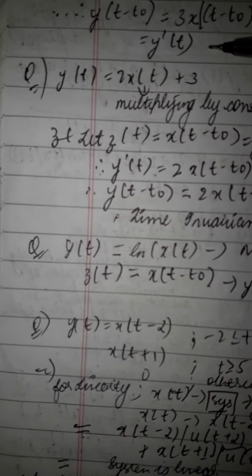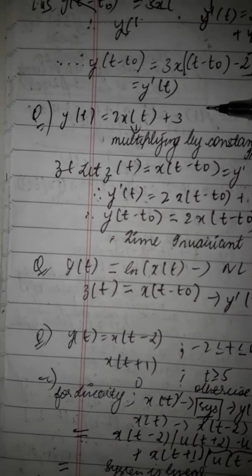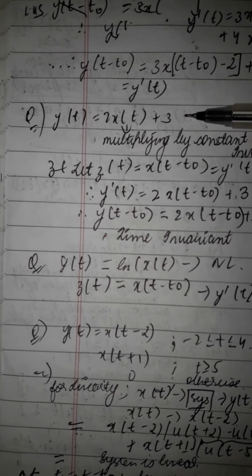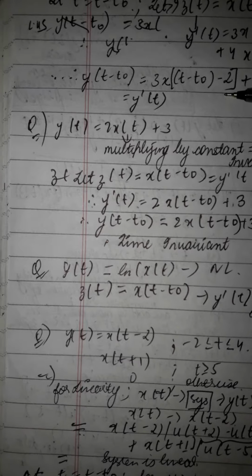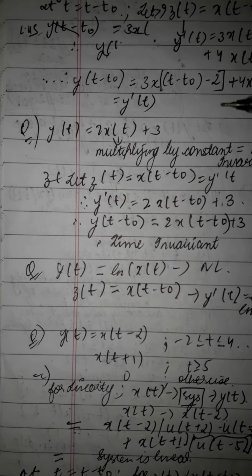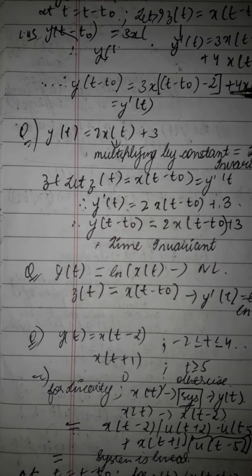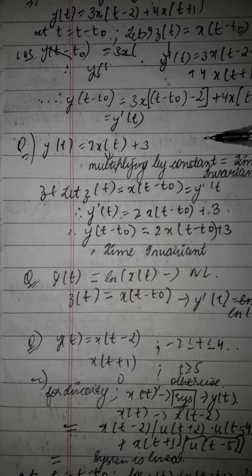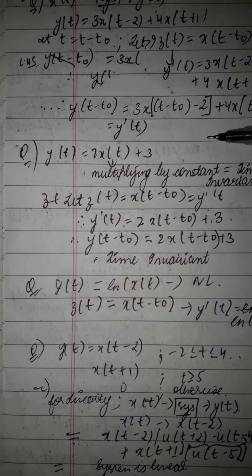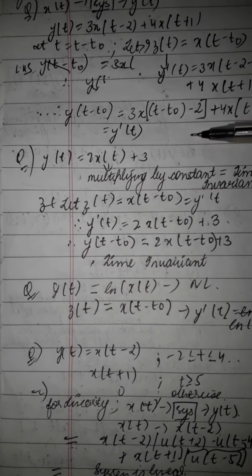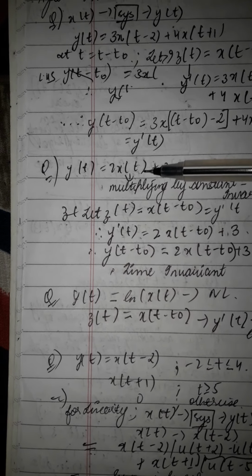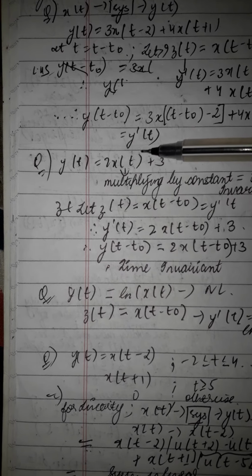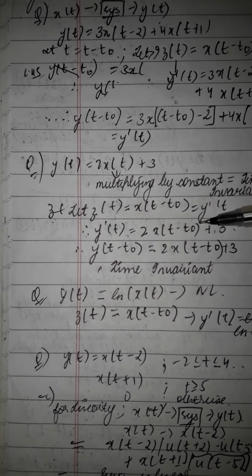Let us, for example, say this is the equation of the signal. Now we do not have any idea whether this system is linear, or time variant or invariant, or unstable, stable, or what is the nature of the causality of the signal. So for checking these things, let us consider another equation as z(t) is equal to x of t minus